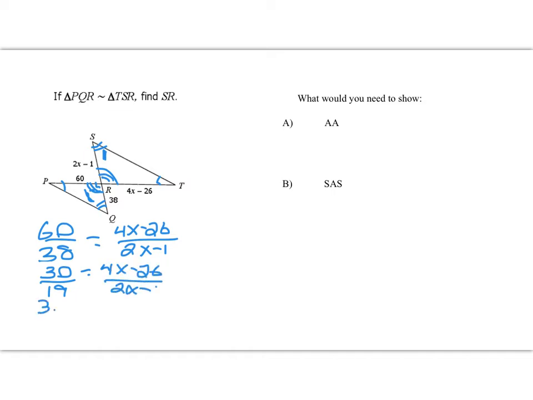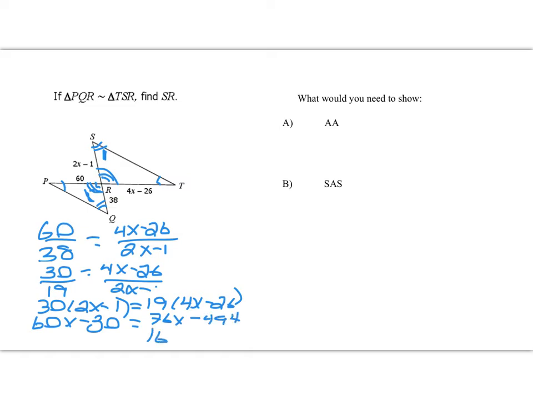So we're going to cross multiply. 30 times 2x minus 1 is equal to 19 times 4x minus 26. And so 60x minus 30 is equal to 76x minus 494. If I subtract 60x, I get 16x, and add 494, I get 464, and then divide by 16. So you end up with x is equal to 29, but that's not what it's asking for. It's asking for SR. So SR is 2x minus 1, so we're going to go 2 times 29 minus 1,